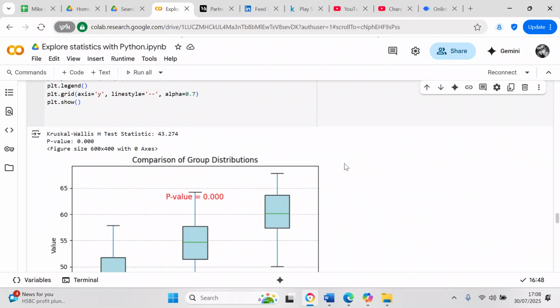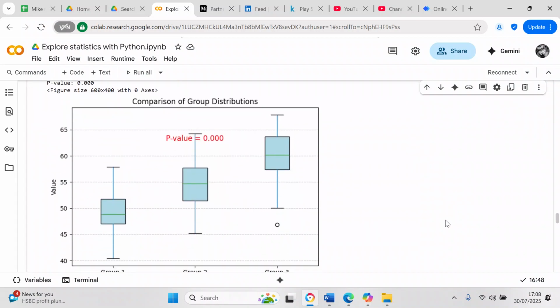Your Kruskal-Wallis H test statistic is 43.274, and your p-value is 0. If your p-value is 0, then the null hypothesis is going to be rejected